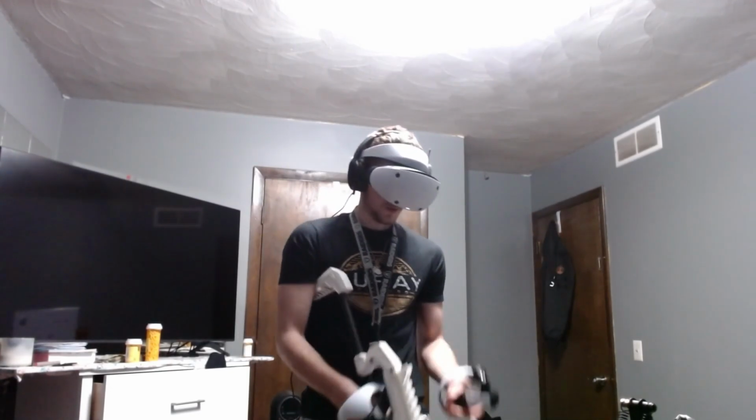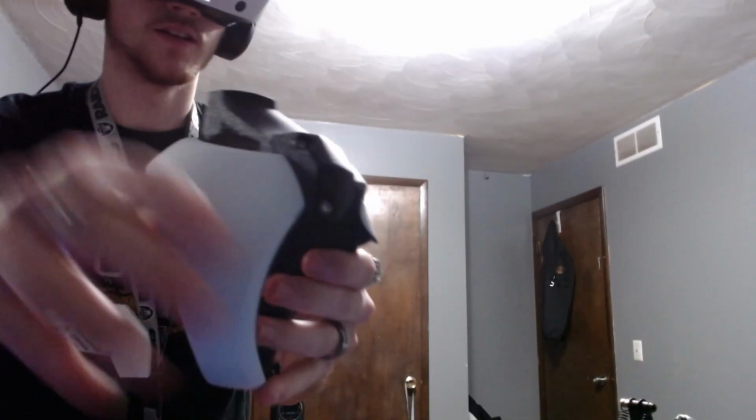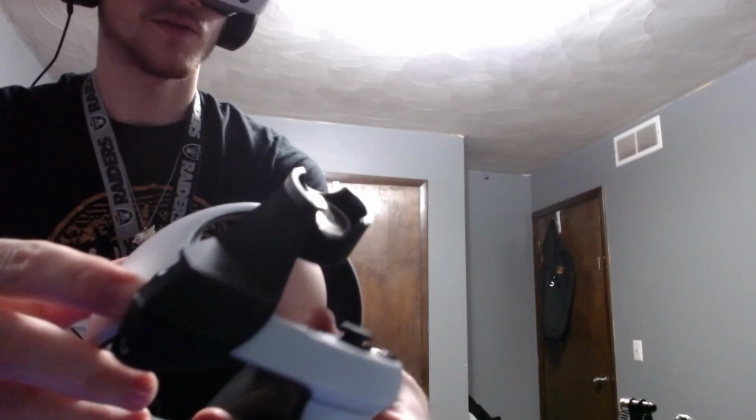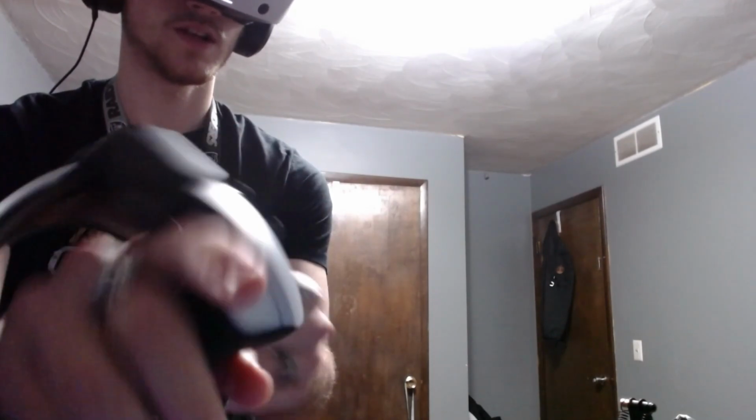Another thing I will say, which was a pretty big deal for me, was the controllers and how the mounts connect to the controllers. As you can see here, it connects towards the front side of the controller. So here's where your finger is, the trigger, and your joystick. And then the